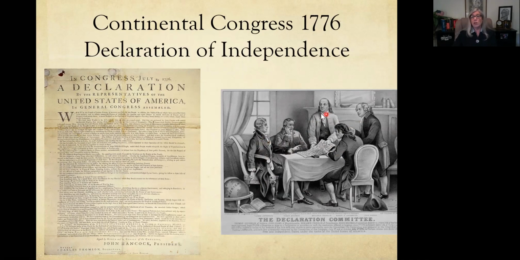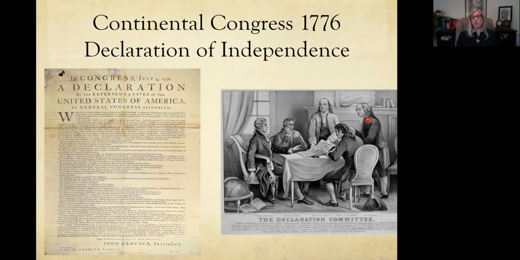Jefferson was from Virginia. You've got Benjamin Franklin from Pennsylvania. You had Robert Livingston, who I believe was from New York. Is Livingston New York? Yes, Robert Livingston was from New York. John Adams over here was from Massachusetts. And then you had Roger Sherman, who was from Connecticut. So you have two New Englanders, two people from the middle colonies, and then you have this person from Virginia,